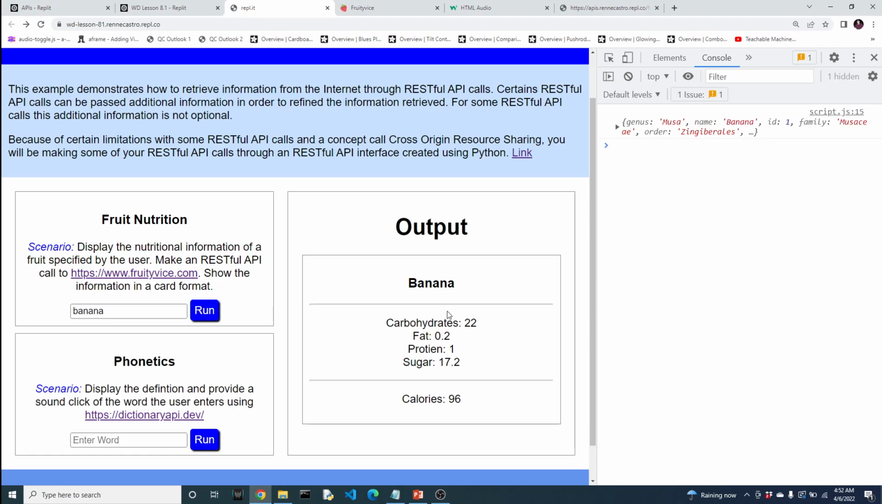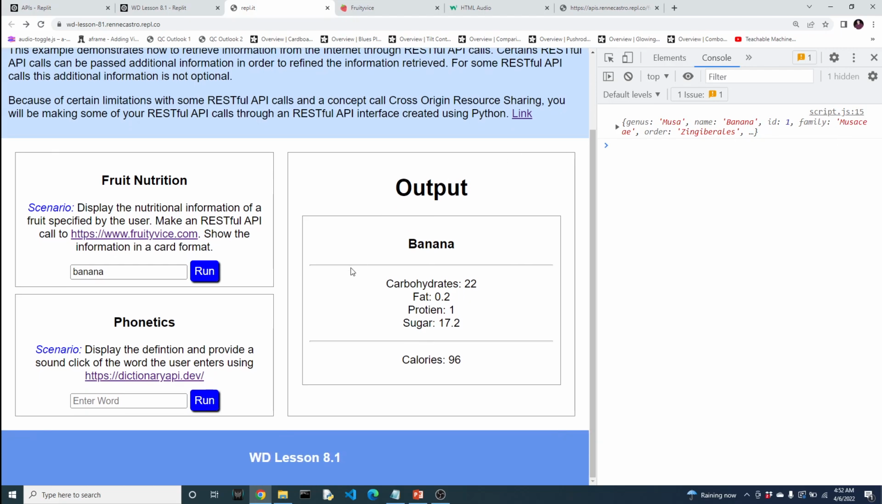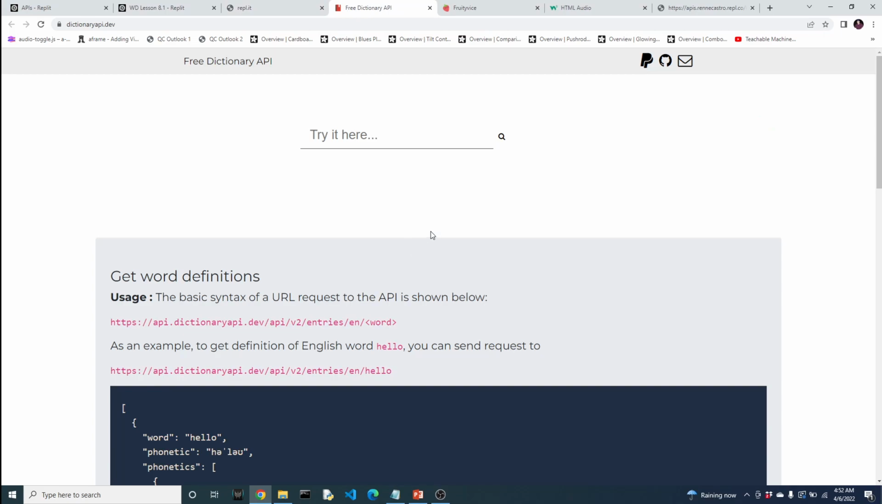And there you go. So we got a nice card with the name of the fruit, the carbohydrates, and then the calories. All right, so as another example of passing information to a RESTful API call, there is a dictionary API that provides us some information about a particular word. But the other cool thing is that it also provides us a link to a sound file that we can